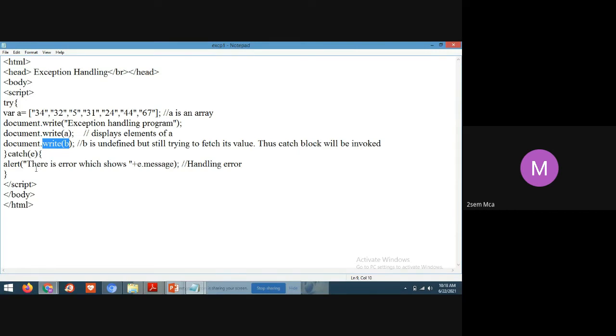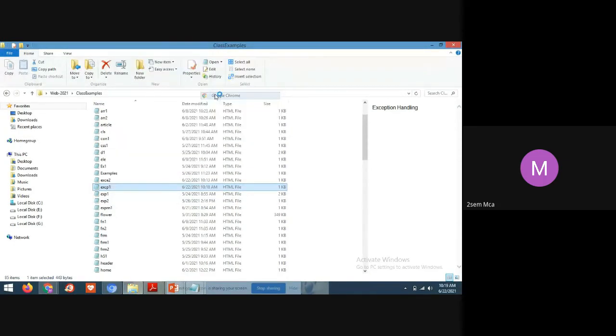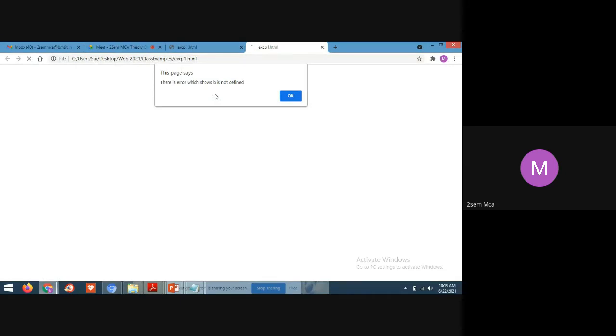So it will display there is error which shows B is not defined. See, students, in the alert statement, what I have written is only this: there is error which shows.